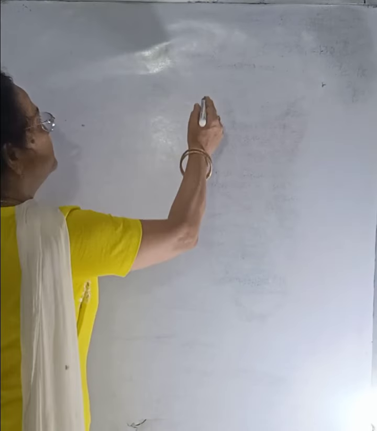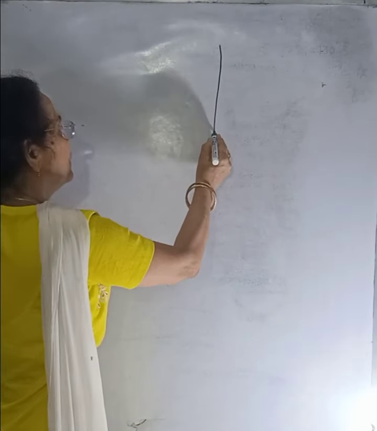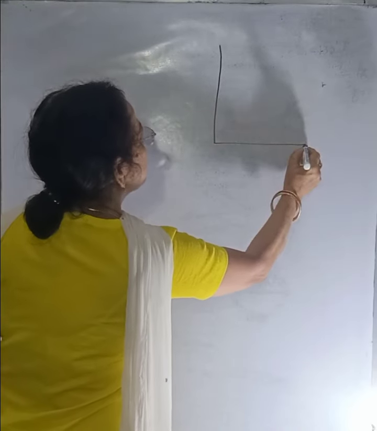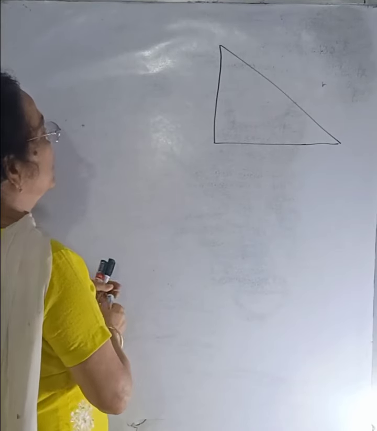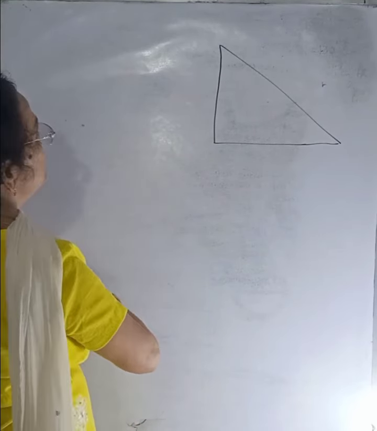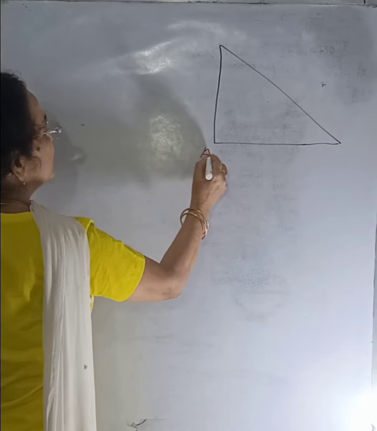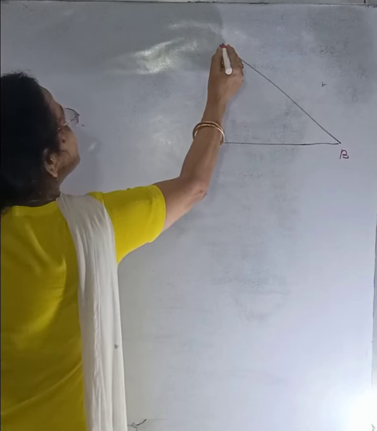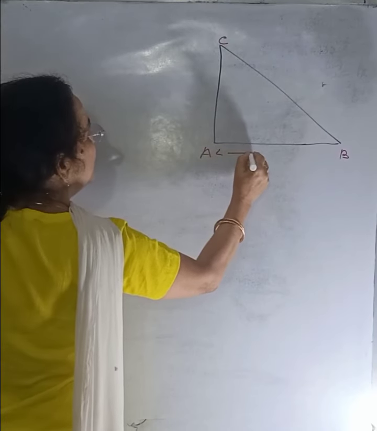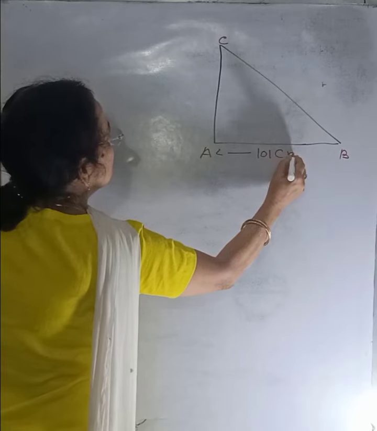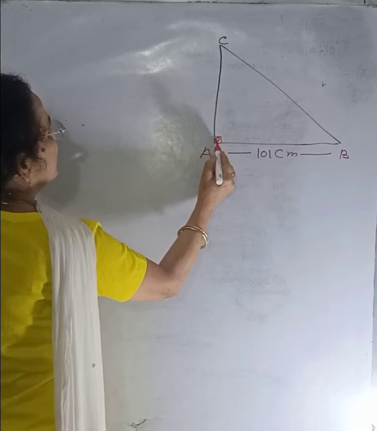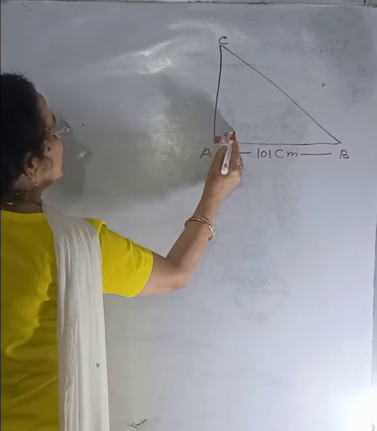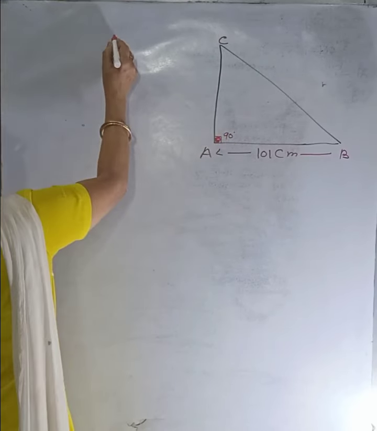That you will be in surprise. Very good question is here. A right triangle is given to us. A, B, and C. Length of AB, the base only, is given to us. सिर्फ बेस की लंबाई दे रखी है, ये 90 डिग्री है. This is 90 degree because this is a right angle triangle. Find out the perimeter. And how can we find the area?